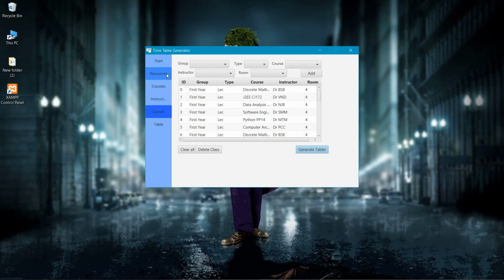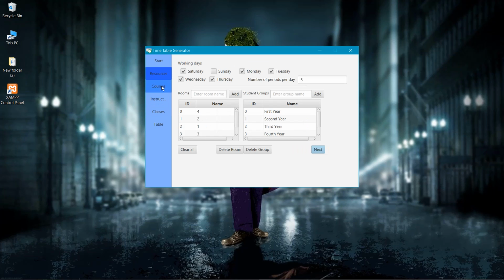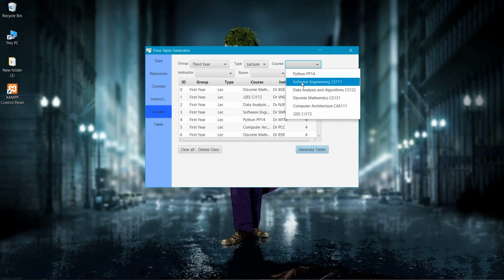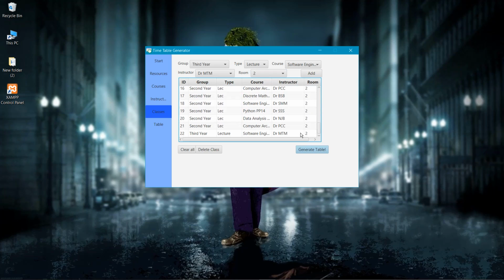Now, the requirements you inserted in the above tabs are given as options in the drop down list. Let's select random and add it. It will be added in the list.